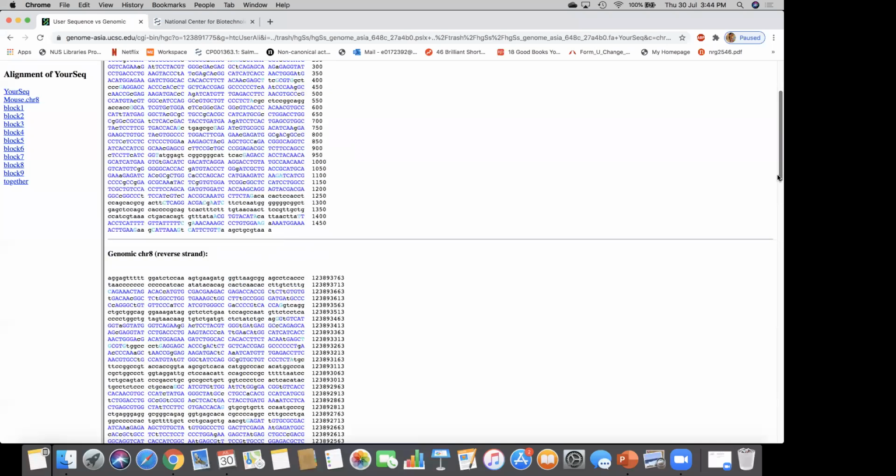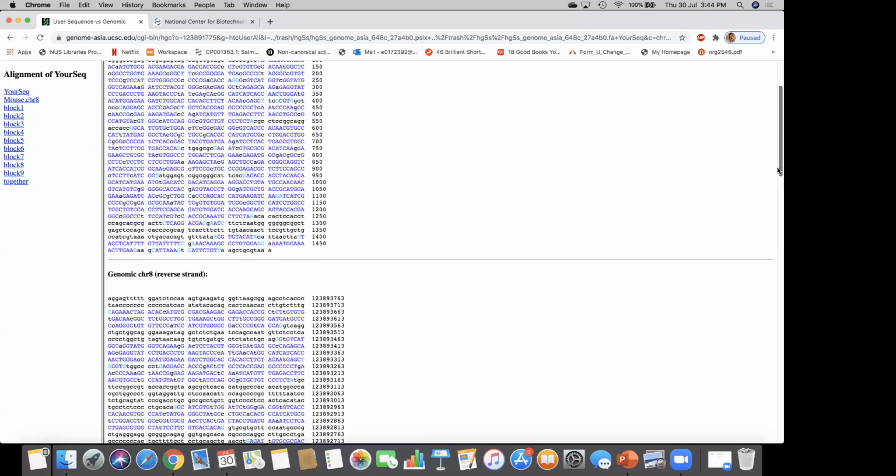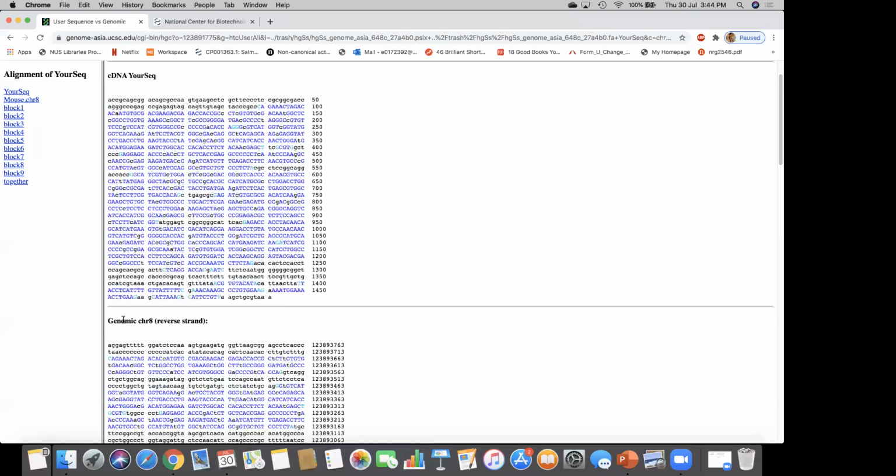In human, this gene is present in chromosome 1. In mouse, this gene is present in chromosome 8. And it is also present in the negative strand, that means the complementary strand. When you compare the information between human and mouse, here you can see the small letters, small g, or the letters in black.